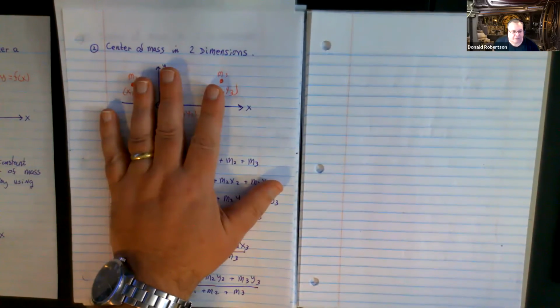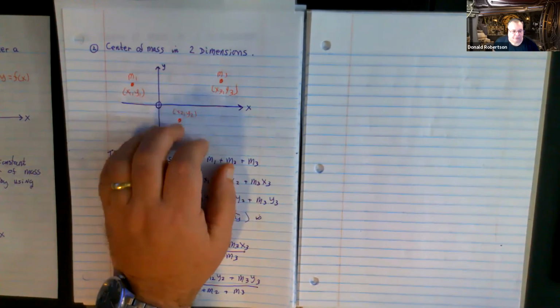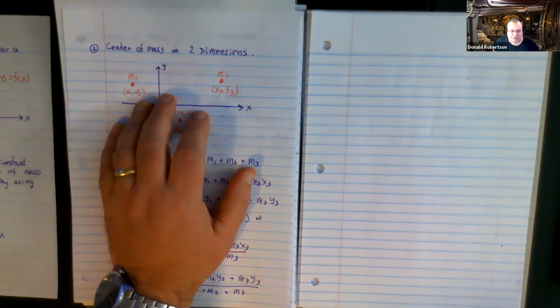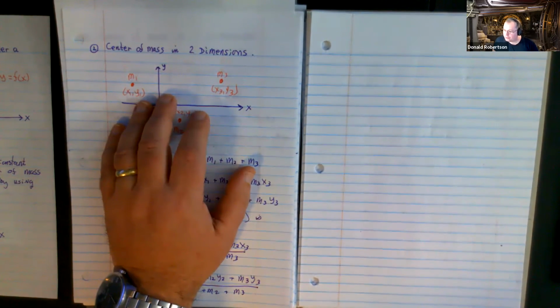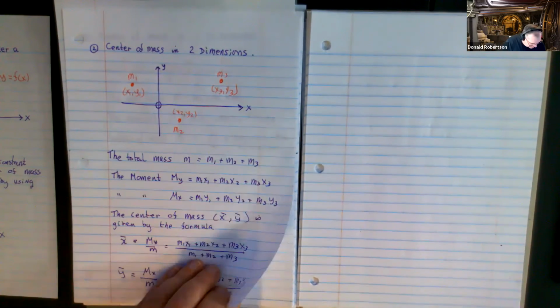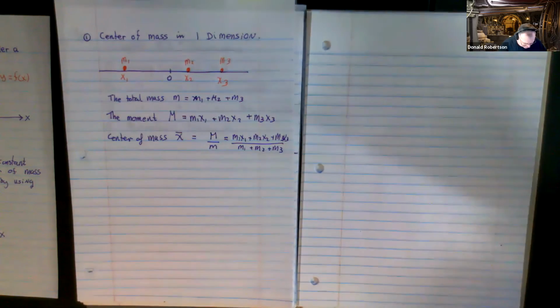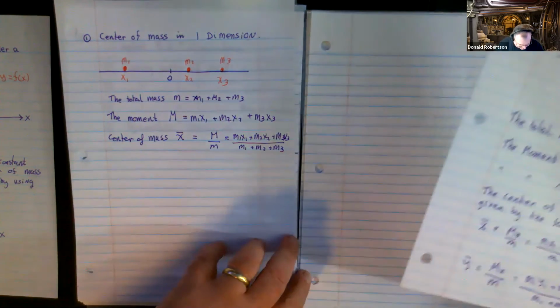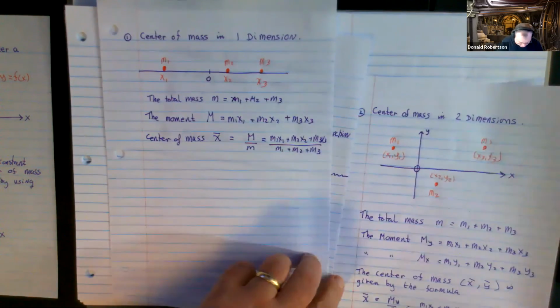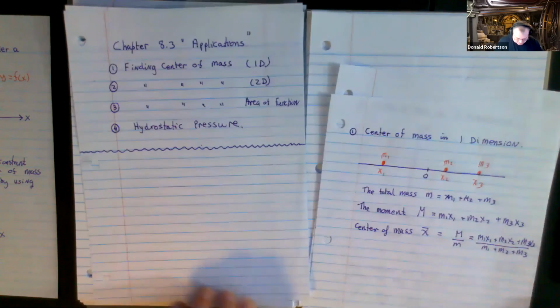I don't want to rush things if I shouldn't. But are we comfortable with this calculation now that you've only seen one? That there's not really much they're going to do except change numbers, right? The process is not going to alter. So where does calculus come in? Well, we've done center of mass of 1. We've done center of mass of 2.